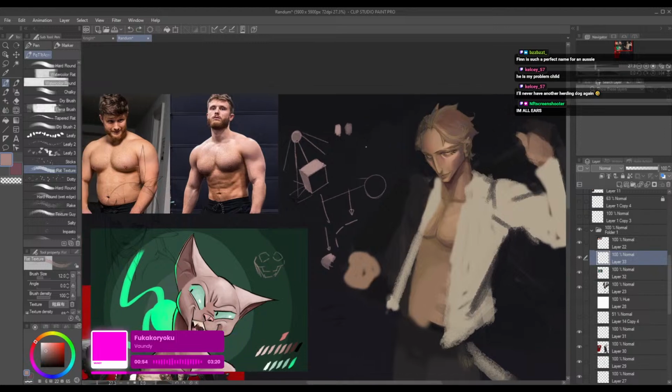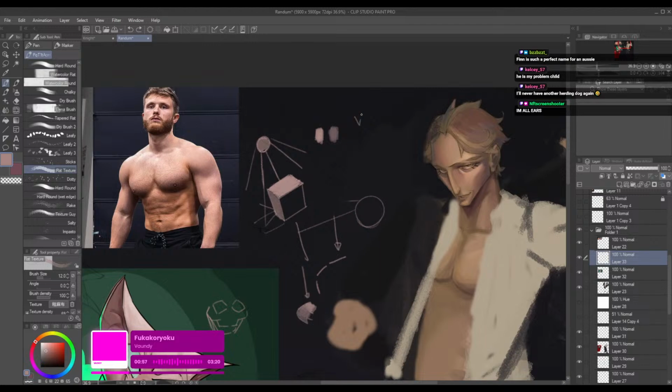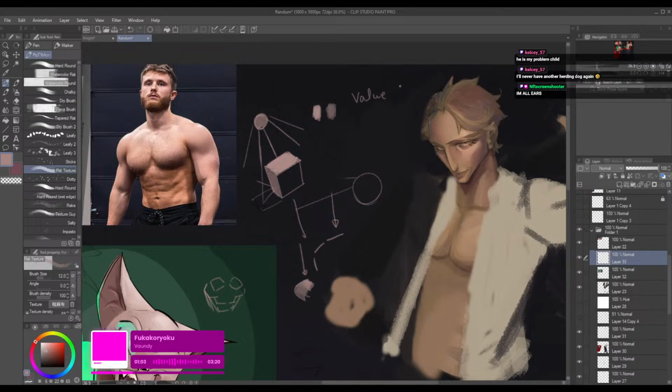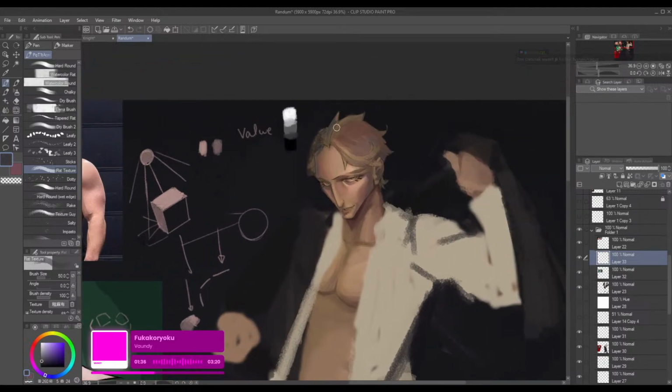Okay, so we went over the basics of light and value, right? So that was value. Now value means how close something is to the whitest white and how close something is to the darkest dark, with grays in between, with the whole spectrum of grays in between. So we've got the darkest dark, and it may not be 100% pure dark, but it is the darkest dark. And then we've got grays in between, and gray can be anything from light gray to dark gray, whatever. You've got the whole spectrum there. And then what you do with value,